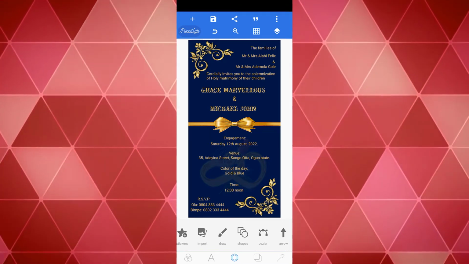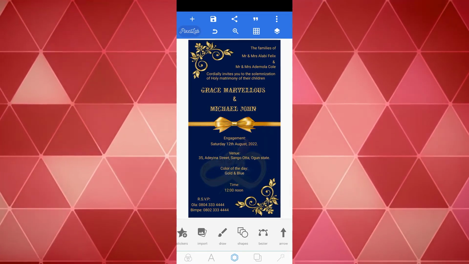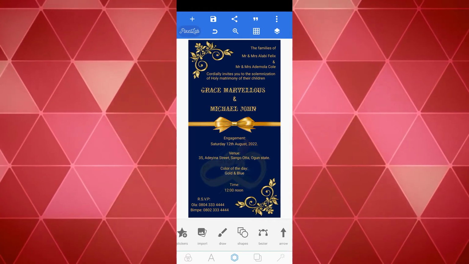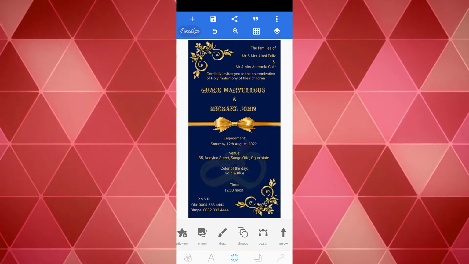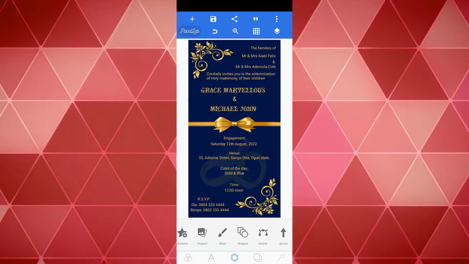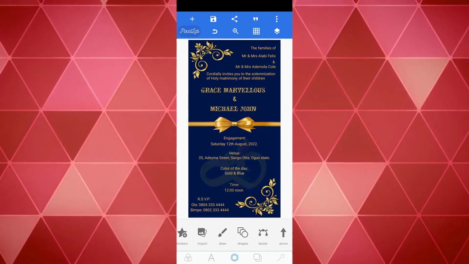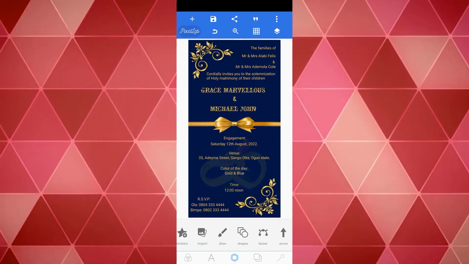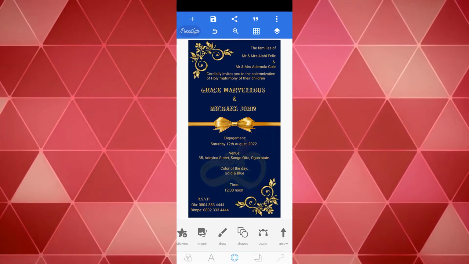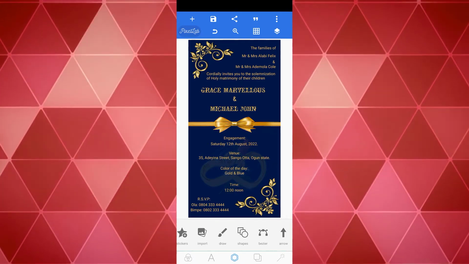card. Okay, let me show us how we can just mock it up, add some touch, some feel to it to make it look much more professional, much more beautiful, much more presentable. Okay, and trust me, this particular design is 100% printable. You can print it and it's going to come out nice only if you save it this way I'm about